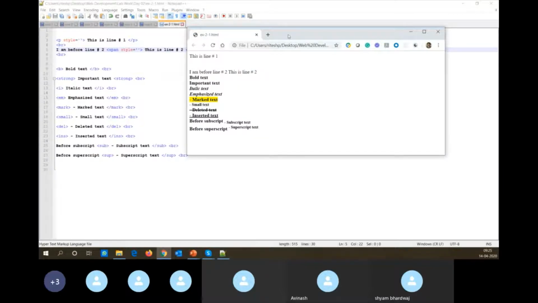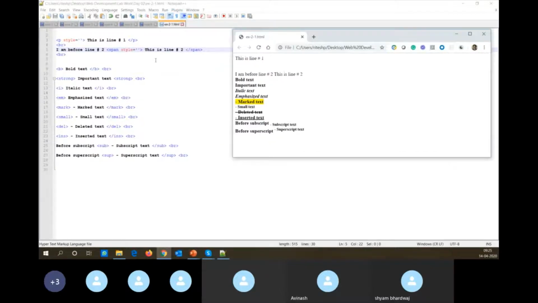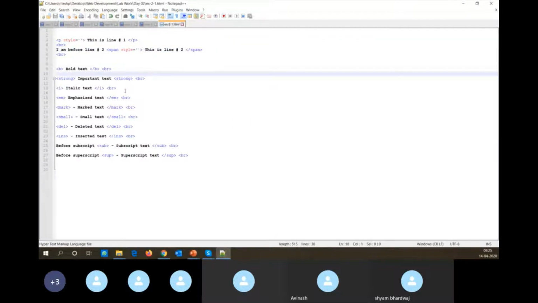So span is not introducing a line break. So everything looks in the same line. I am before line number 2 and then the content. So visually, this is not appearing as two separated content. Fine. Okay. Now,